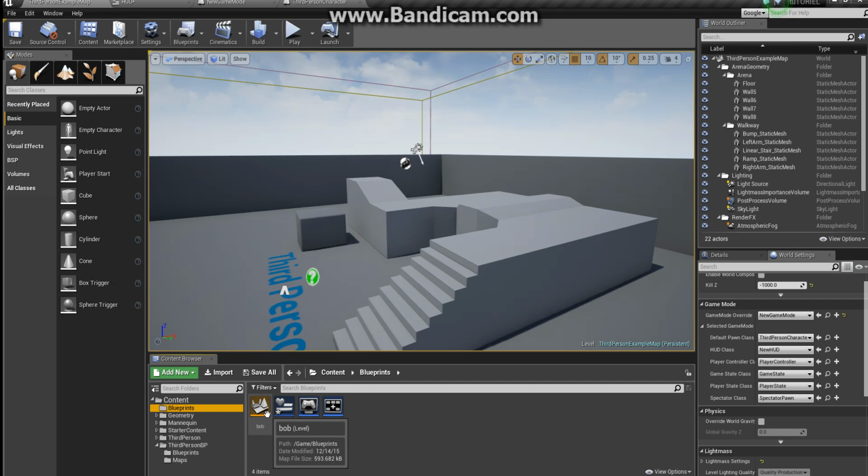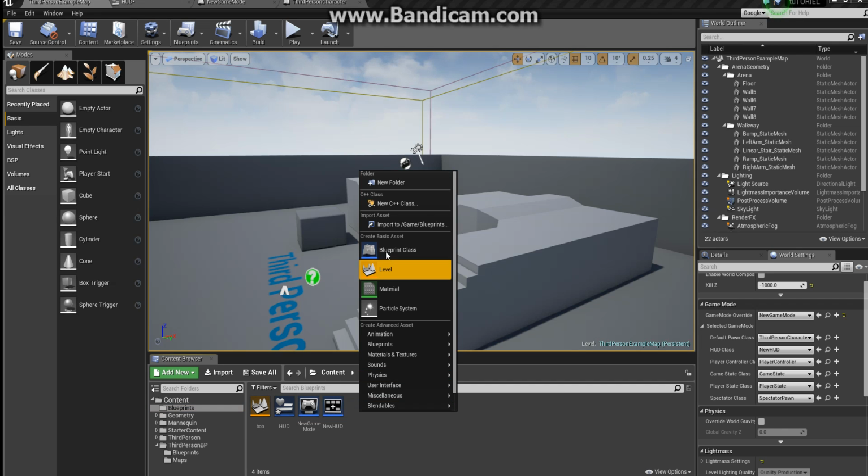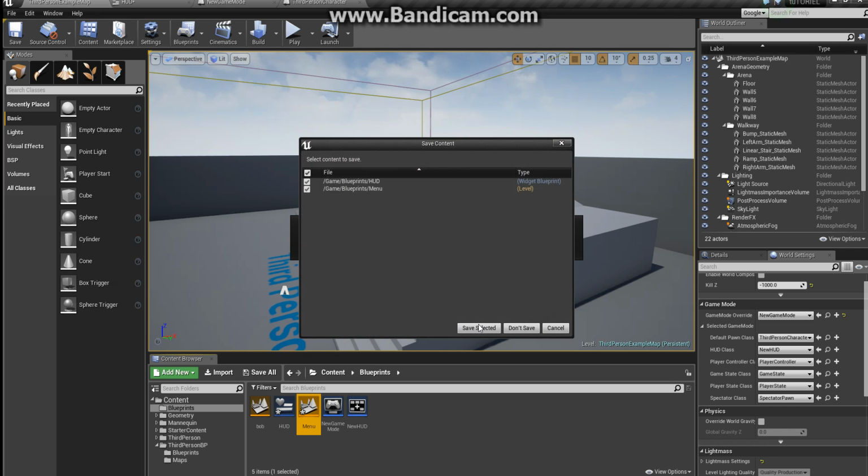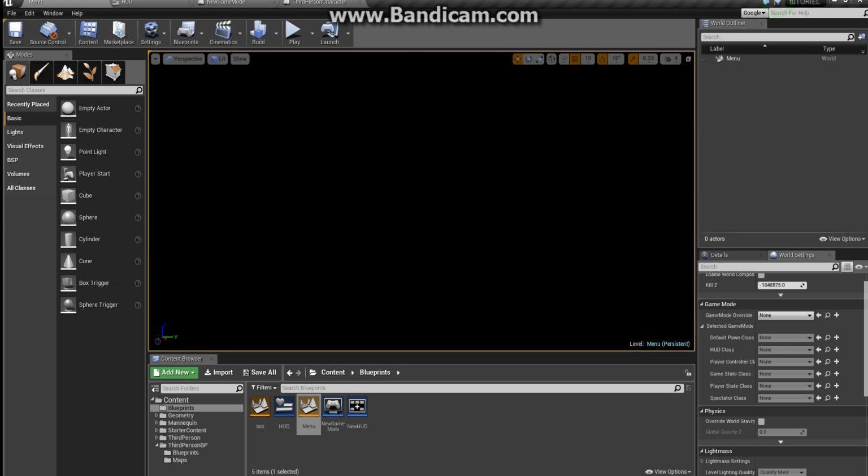let's make a new level actually. Let's call it menu. Let's open this up, save selected, and now what we